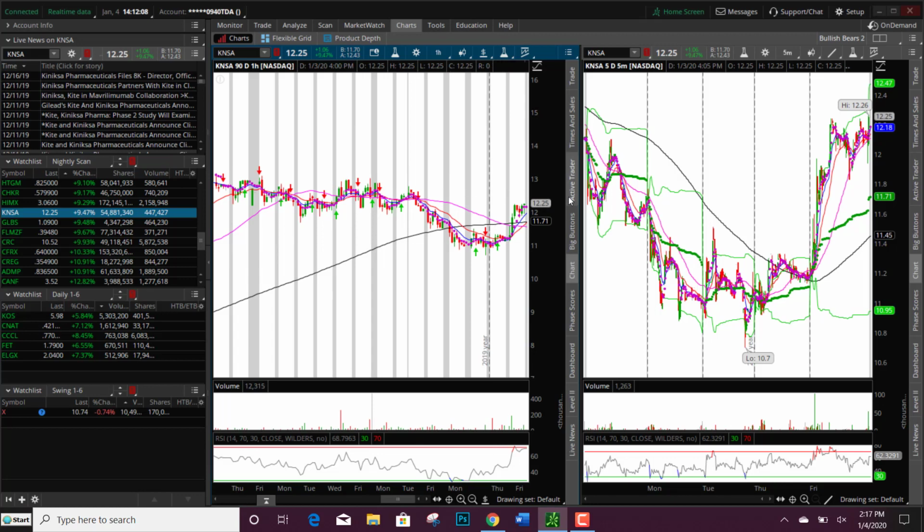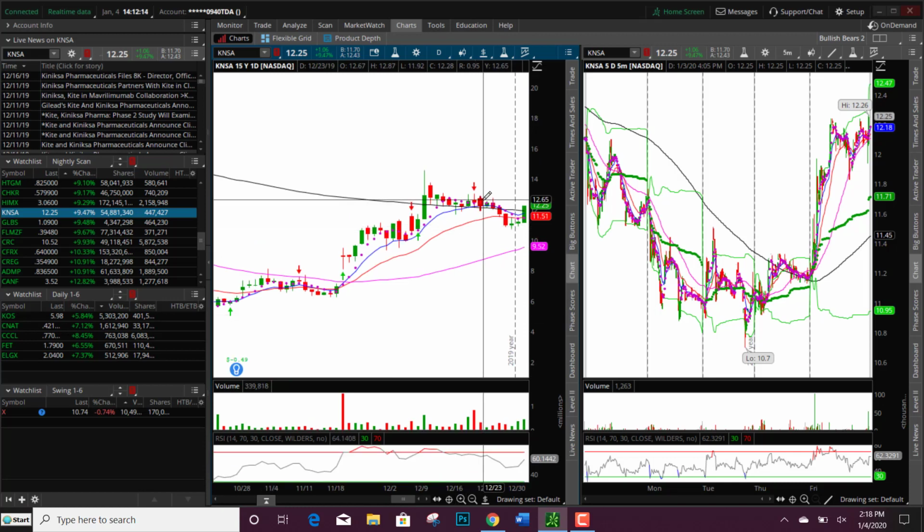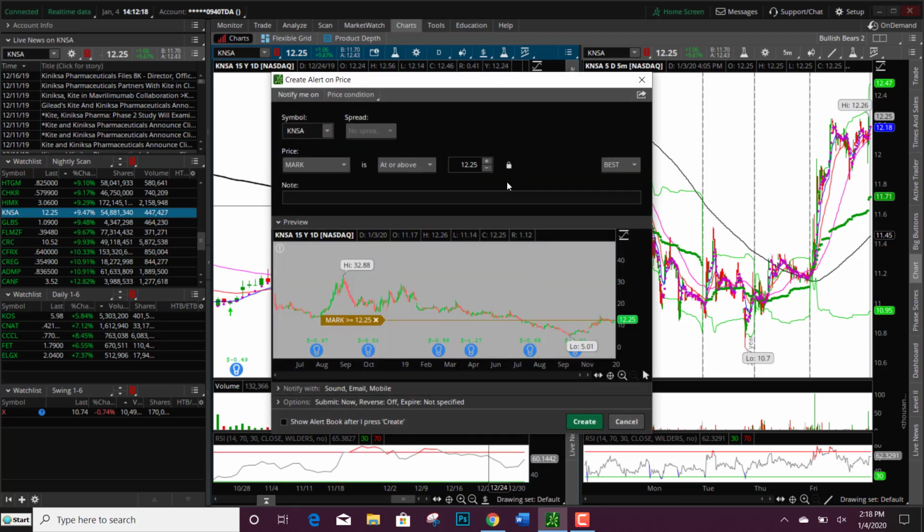You can see cup and handle with the flag, bull flag is the handle on the hourly. So I will put that on for resistance around 1280 and then $13. Cup and handle with bull flag on hourly. Watch for resistance around 1280 and